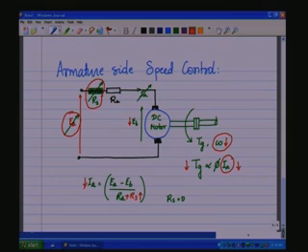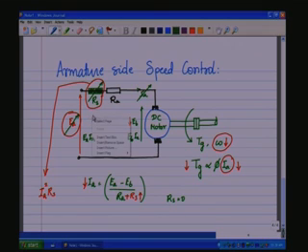Now, between the two methods, if we introduce a series resistance, the whole armature current IA is going to flow through the series resistance, and there is going to be an IA square RS drop. So, the power which is EA into IA is going to be taken from the source, and EB into IA is going to be delivered to the armature, and IA square RS